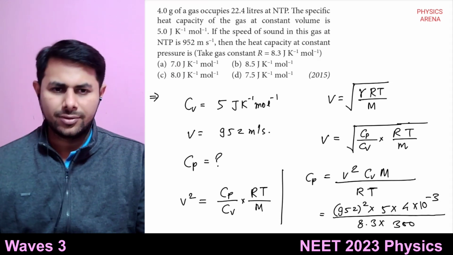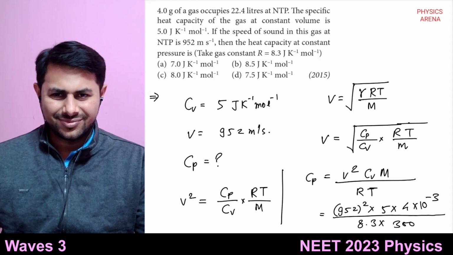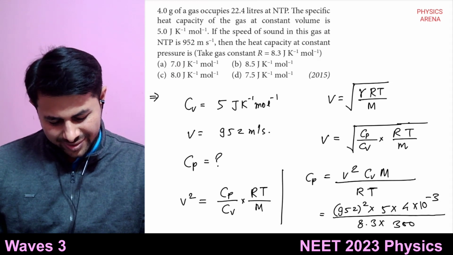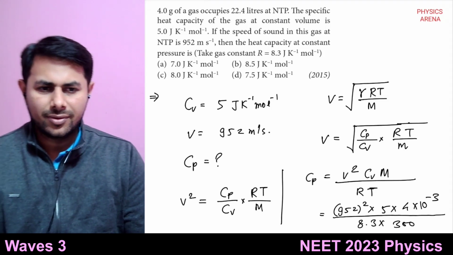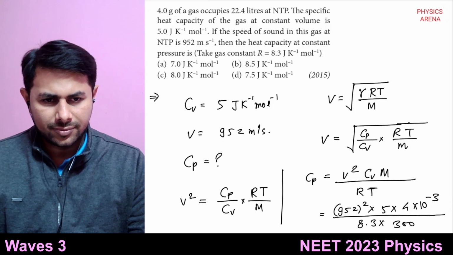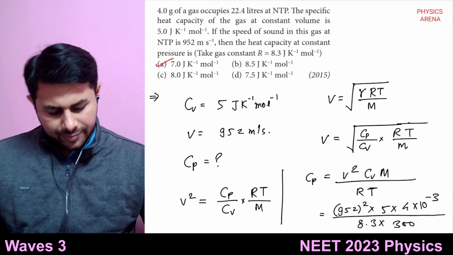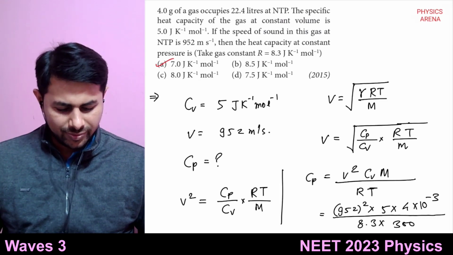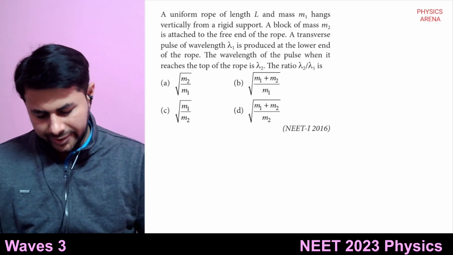Option A. I think this kind of question they should not give because options are closed. Okay, take it. Is it option A? Okay, good. All right. So these kinds of questions I think they should not give because it's a lengthy calculation, but what can we do? All right, let's see the next question.